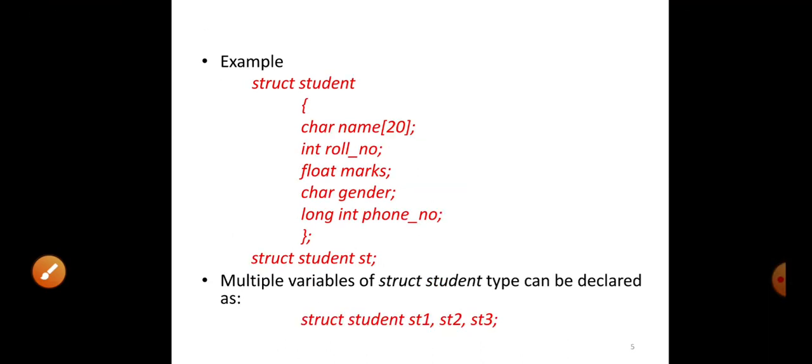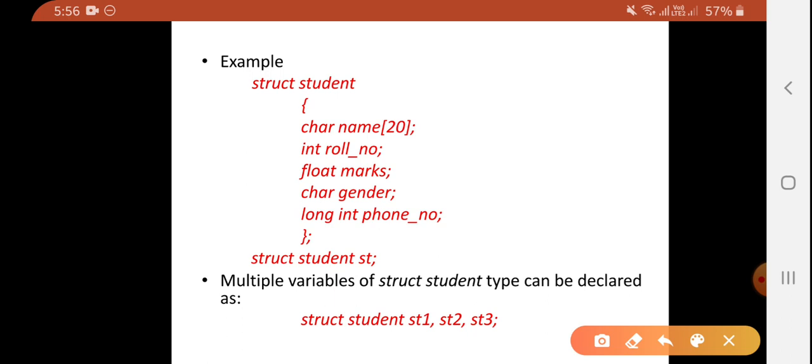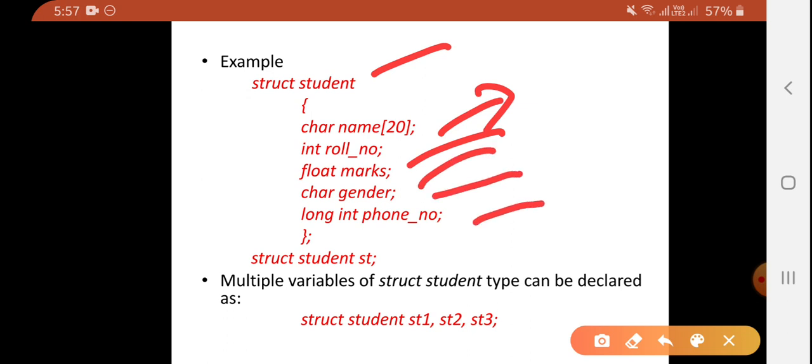So for example, I have created one structure, that is student, which contains name, roll number, marks, gender, phone number. So struct student, opening curly bracket, closing curly bracket and semicolon, with the list of variables in between. Now we have created one variable of structure student.